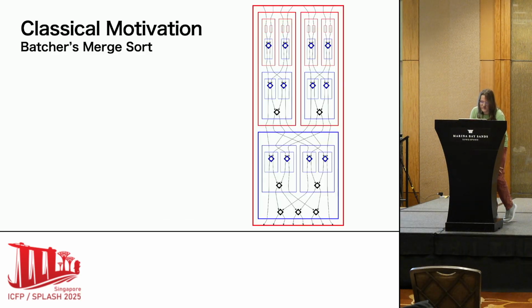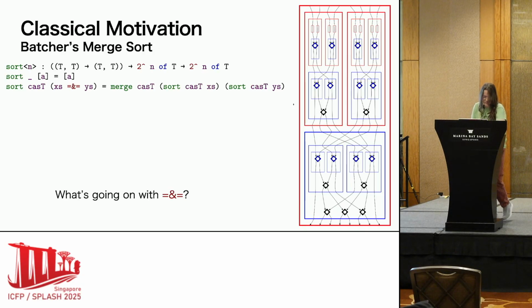And we can write this in our programming language. This is just another level deeper with all the detail. This is the version from the paper. So you can see the wires a bit more clearly. So in our language, you can take the type of sort. As I said, it takes 2 to the n inputs and has 2 to the n outputs. We're taking some compare and swap thing.